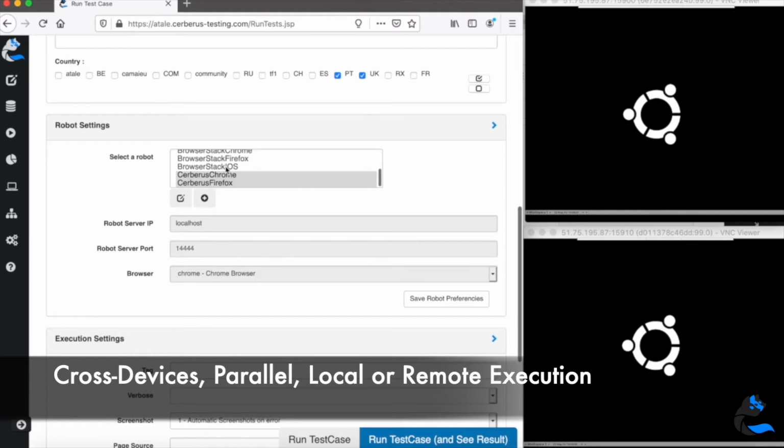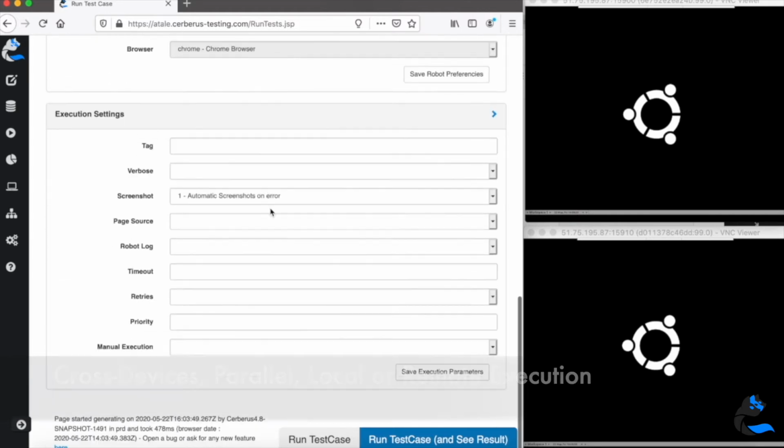accesses available. So if we go a bit below in the execution settings, we'll see there is a variety of parameters available. You can specify, for example, a tag to be able to choose your tests easily. You can have a specific level of verbosity to have detailed traceability inside the solution.